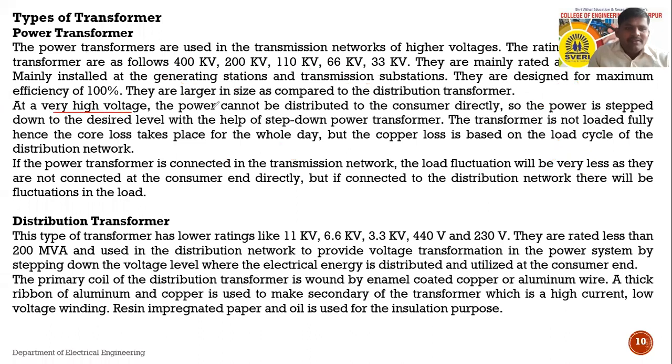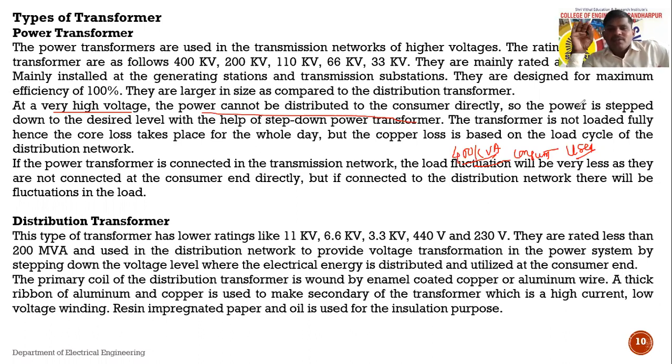At a very high voltage, the power cannot be distributed to the consumer directly. Now, high-voltage power, suppose 400 kV. Is there a consumer, or does the consumer end have 400 kV? Are there any users who use 765 or 400 kV? No. So users, normally, suppose we are using our domestic appliances, or in our village, the domestic appliances, whatever the electricity